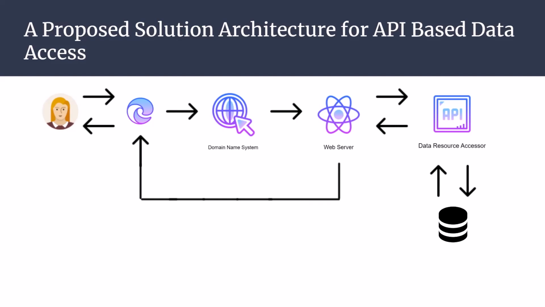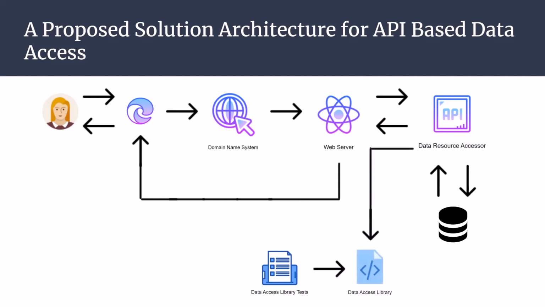In order to test our data access code, we need to introduce a test library. This library should be versioned and tested together with each release of the data resource accessor. How can we achieve that? Well, one way of doing so is to have both entities depend on the same code library. Almost, but not yet done.